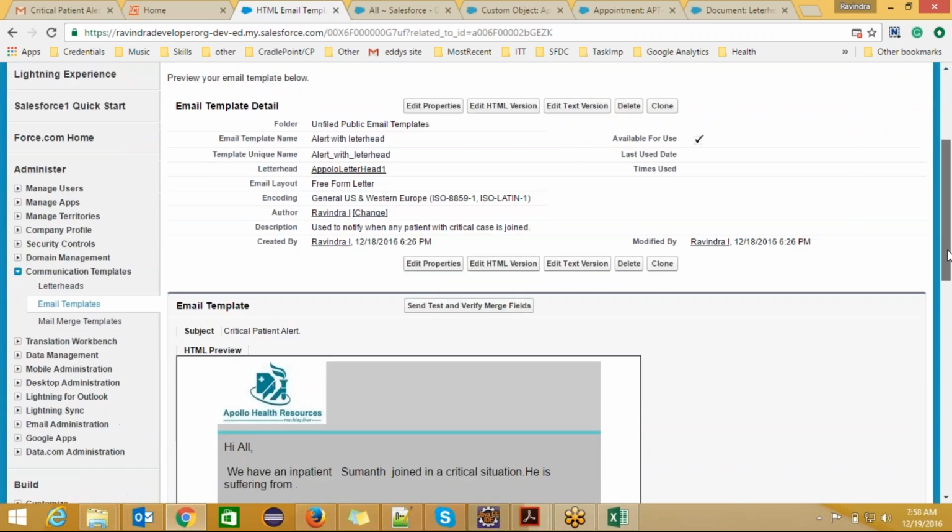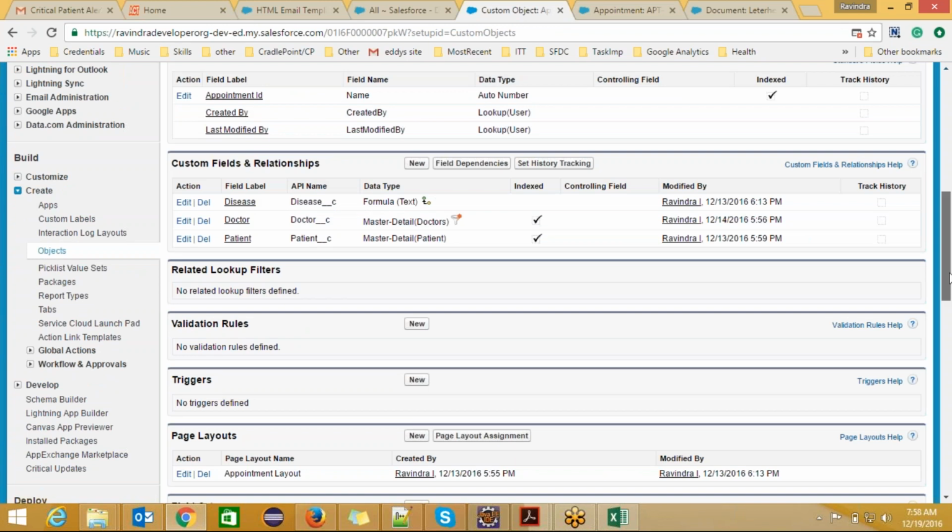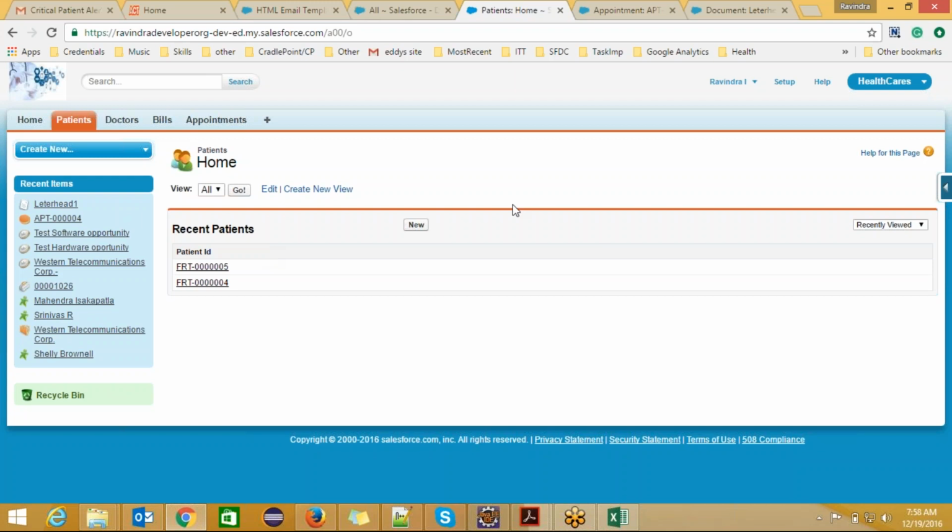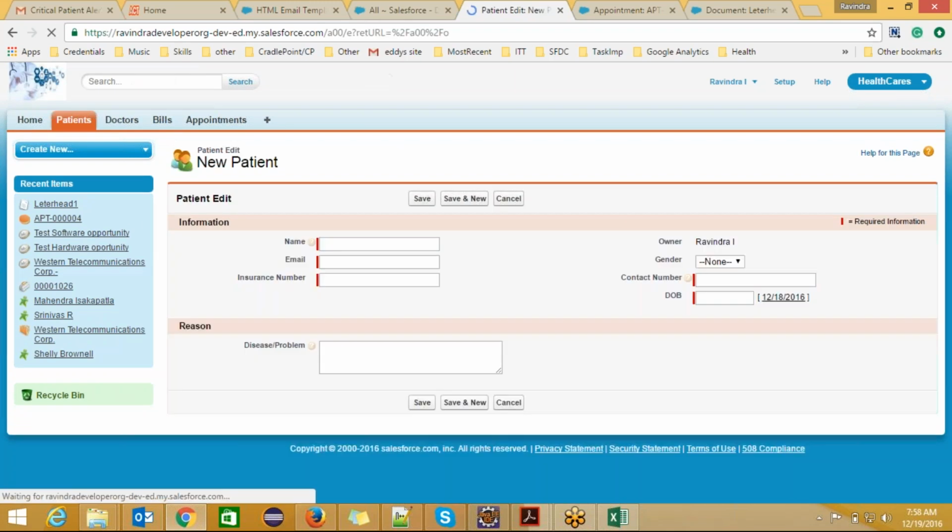For the time being, just learn how to create templates. That's it. We will be seeing this week, when we are discussing workflows, how to use this template. We'll be using the same templates whenever a record is created or edited, if any particular criteria is met. So what I'll be doing is, on this patient record,